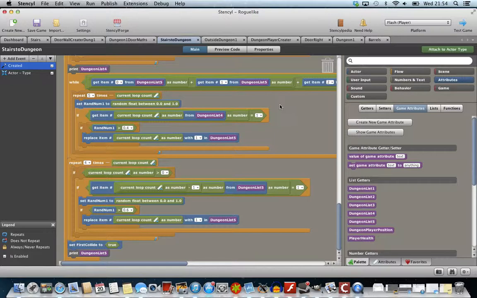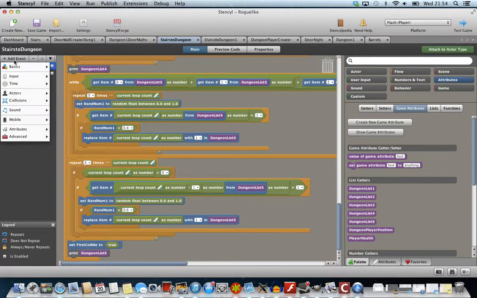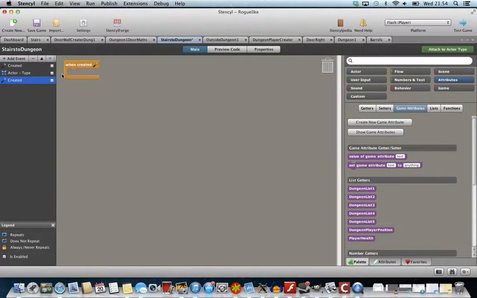So we want to run through the dungeon. We'll probably want to keep it in this behavior, so I'll do another created, maybe create it at the bottom once I've got it done. So when created,